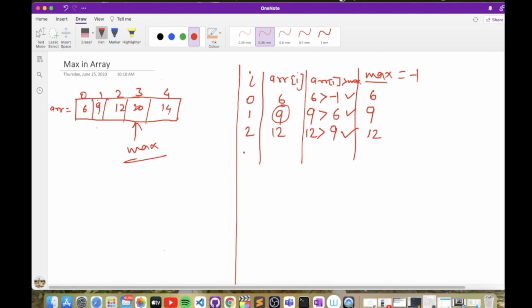Again we will move to the next element, that is index 3 with the element 20, and check if 20 is greater than 12, that is the max. Yes, clearly 20 is greater than max, so we will update the max again with 20.